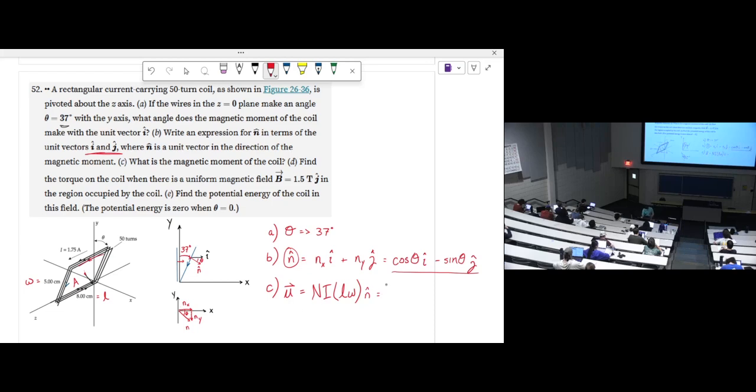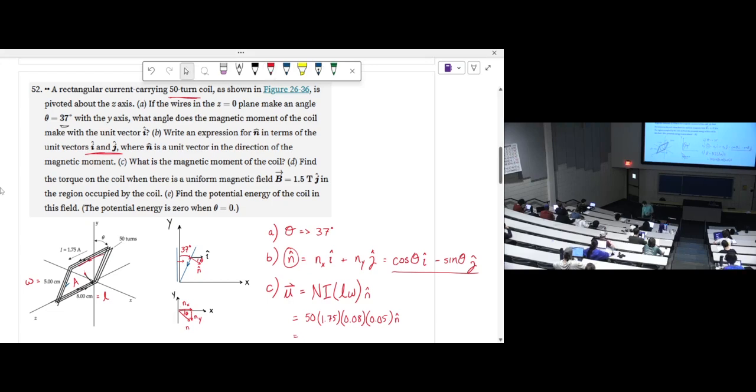So this is going to be equal to 50 turns, sorry, 50 times the current I, which is 1.75 amps given in the figure, times the length of 0.08 meters times the width of 0.05 meters times n hat,